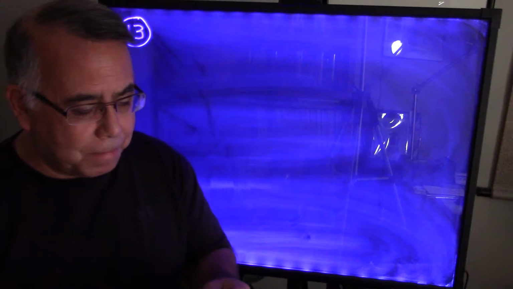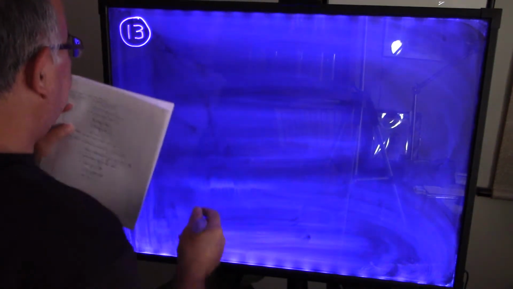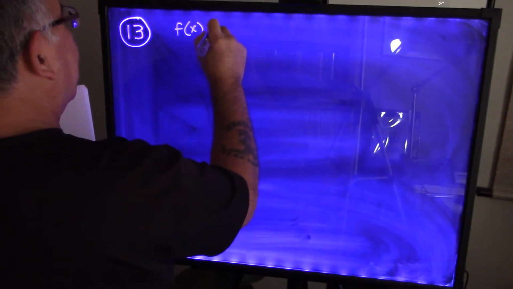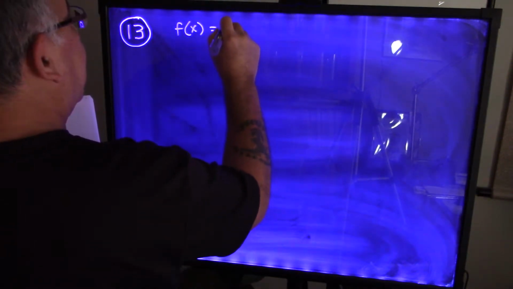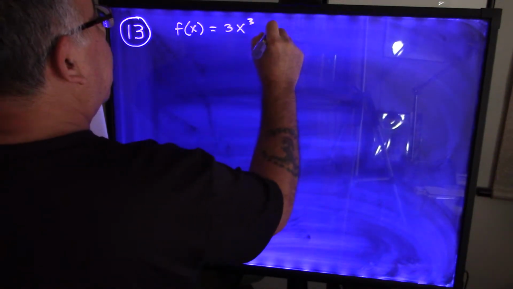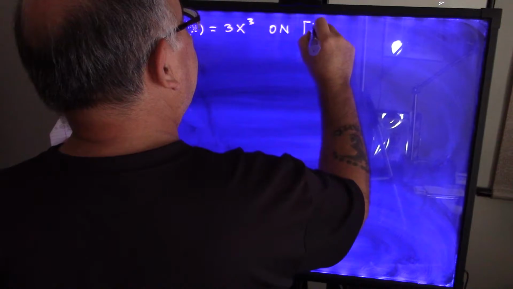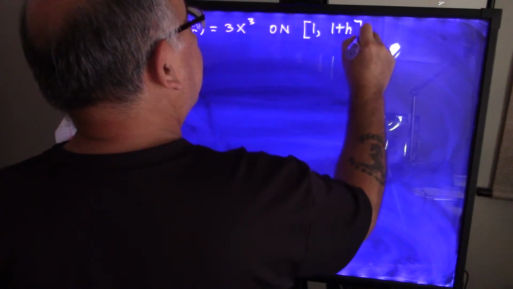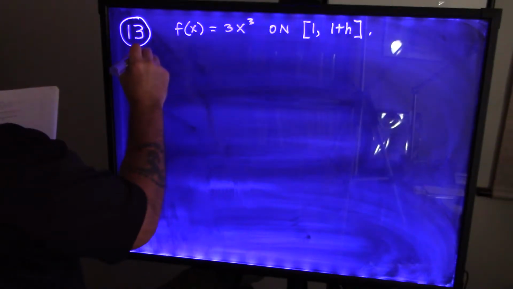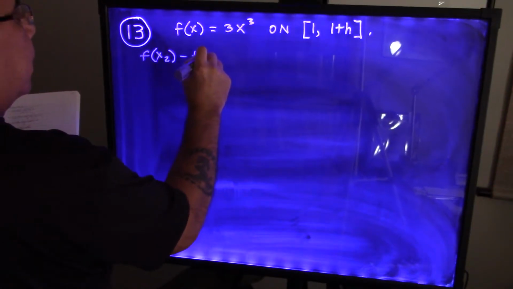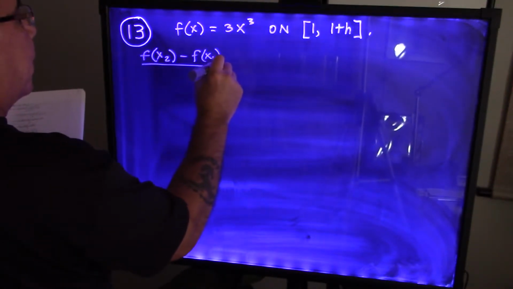Number 13. We have f of x equals 3x cubed on the interval from 1 to 1 plus h. Let me write f of x first. f of x equals 3x cubed on the interval 1 to 1 plus h. Now we have f of x2 minus f of x1, all over x2 minus x1